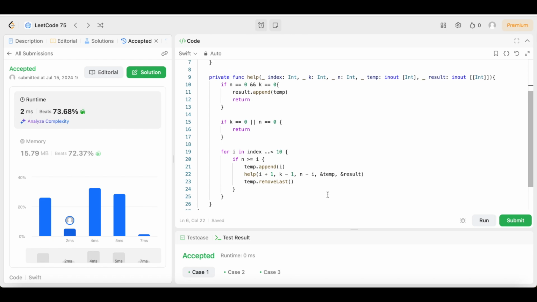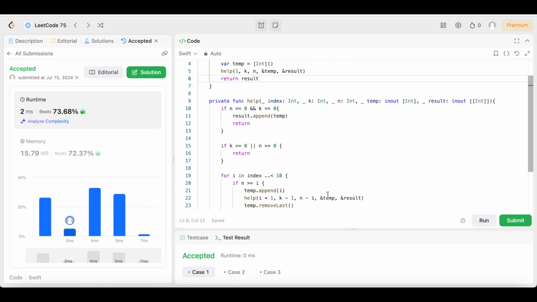So hope you guys learned something today. Get one more look at the code,